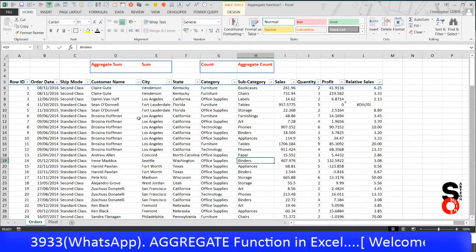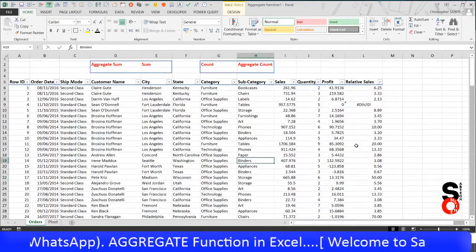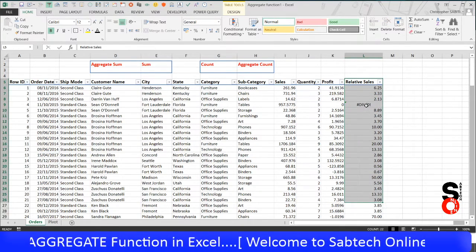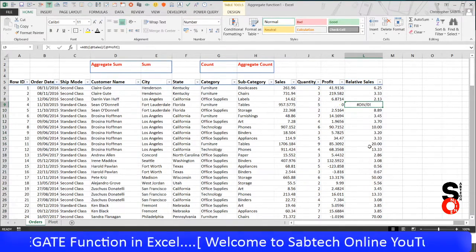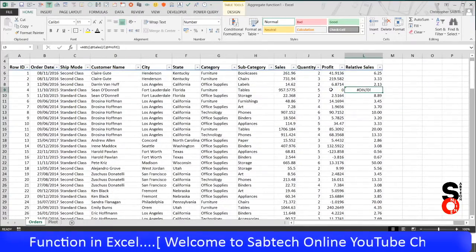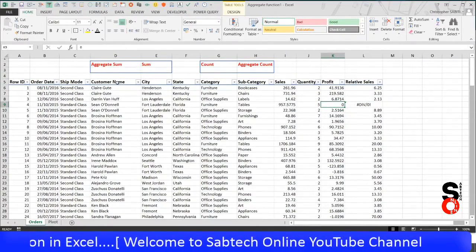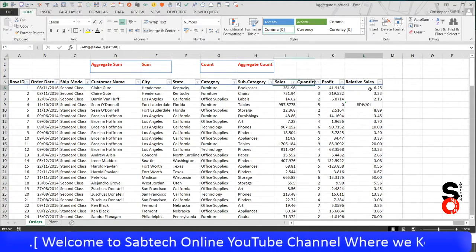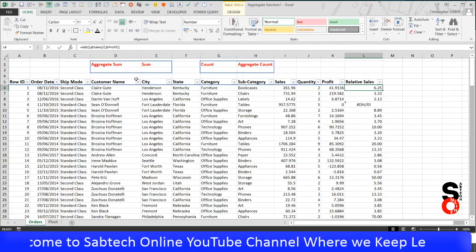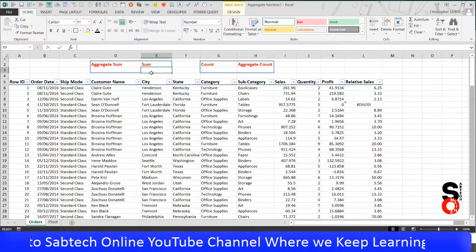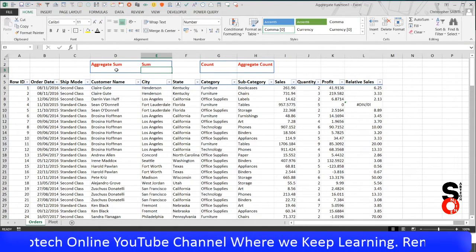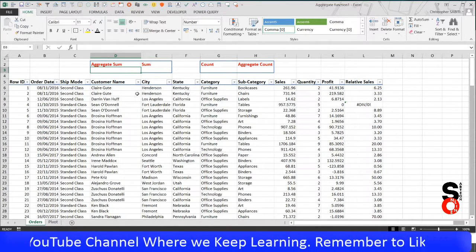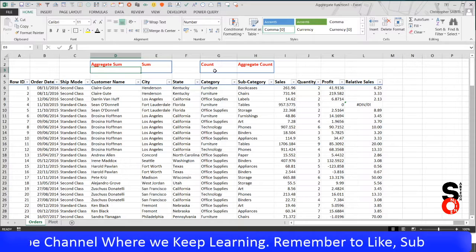So, let's start with the data we have. I'm going to specifically look at the column where we have a #DIV/0! error because we're dividing by 0. Now, in this case, if we are to get the sum of the relative cells using the ordinary SUM function, there is a difference, and we shall do the same with